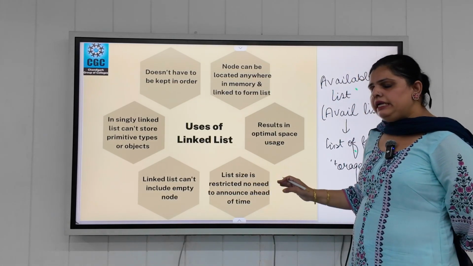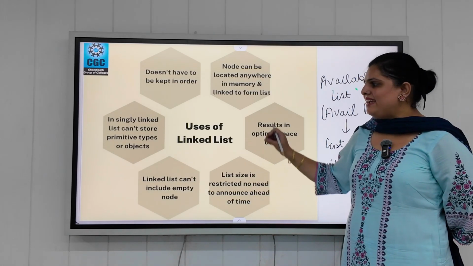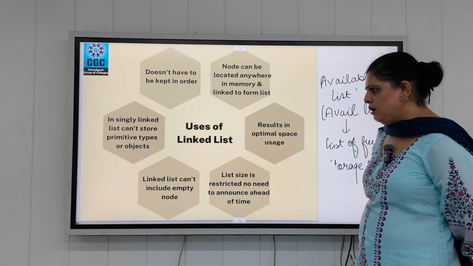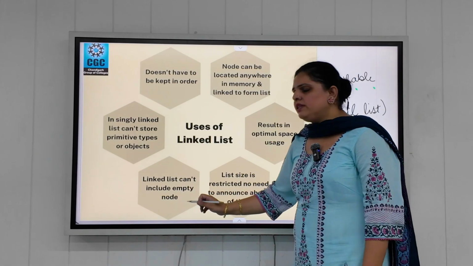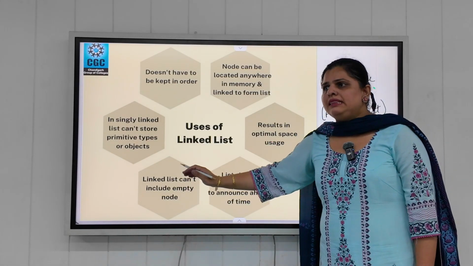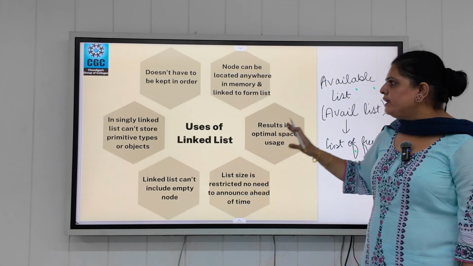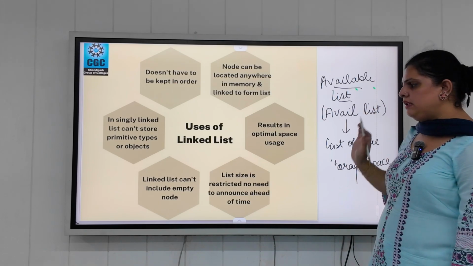So whenever we need to insert an element, it can search for the free space and insert it in a linked list. A linked list cannot include empty nodes. If a linked list has an empty node, it releases the empty node to the memory and that node can be stored in the available list.